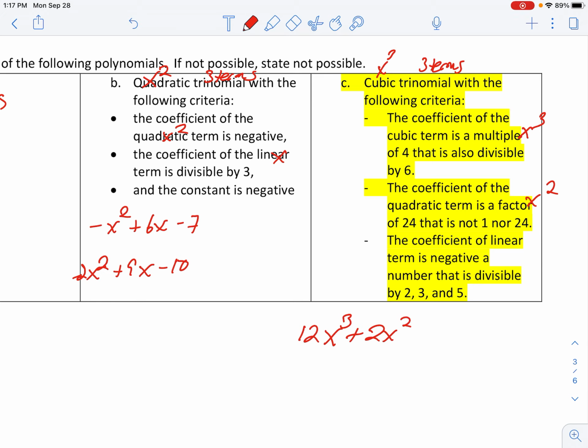And the coefficient of the linear term is negative. The coefficient of the linear term is a negative number that is divisible by 2, 3, and 5. So I want some number that can be divided by 2, 3, and 5. And I was thinking of 30. Linear is x to the first. Again, more than one answer here. Instead of that, I could have said 24x to the third plus 4x squared plus 60x. Make sure it meets